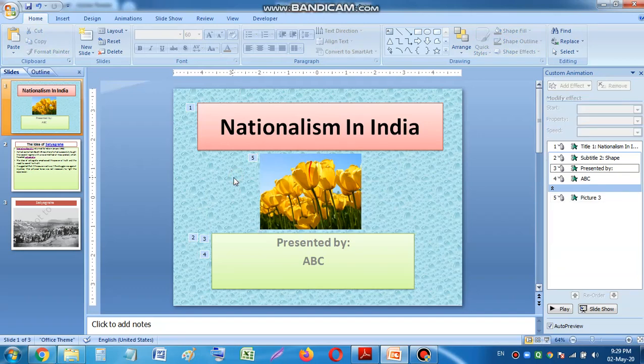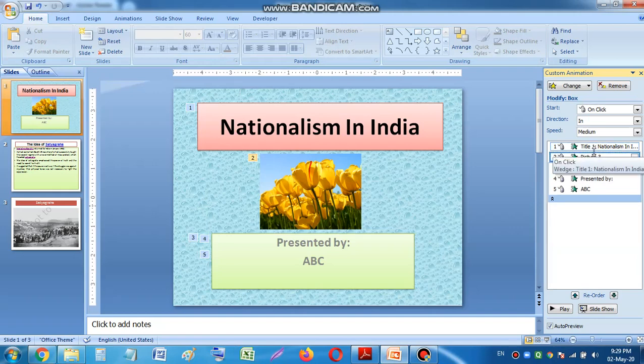So I want to set it so that after Nationalism in India this image should come, then I can set it. It is showing number 5, you can just select this number 5 and move it after 1. I am dragging it up. See, I just click the mouse, I am holding the mouse, I am not leaving the mouse, I am clicking the left button, and then setting it after 1. I am just releasing the mouse, I set it, I have done it.